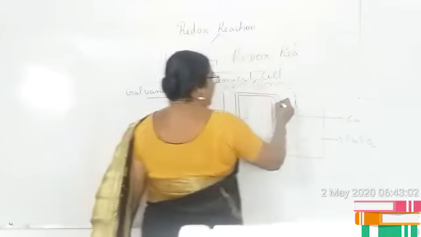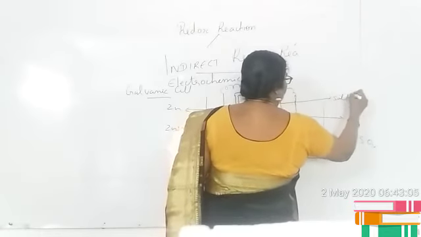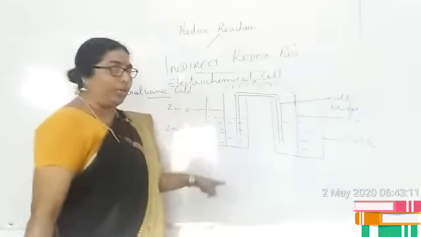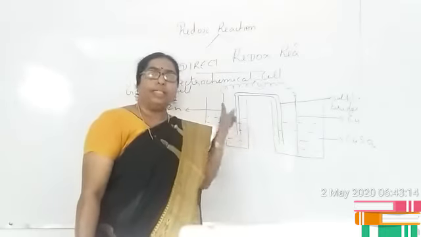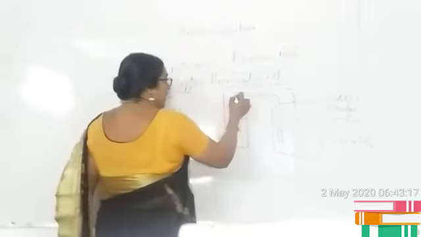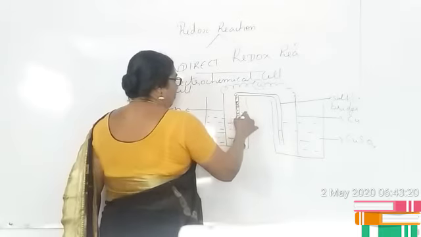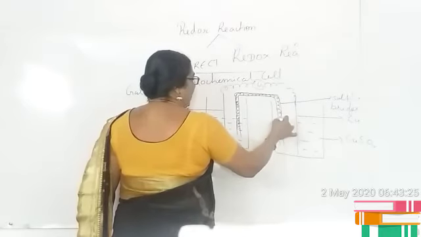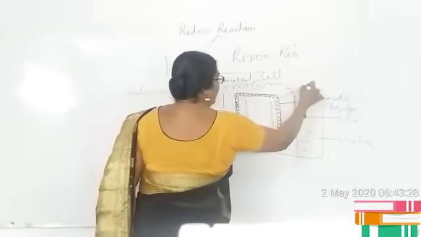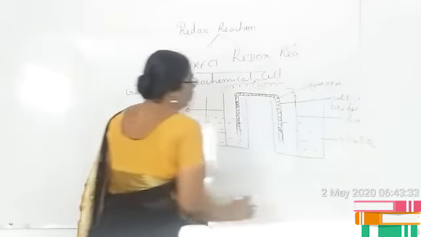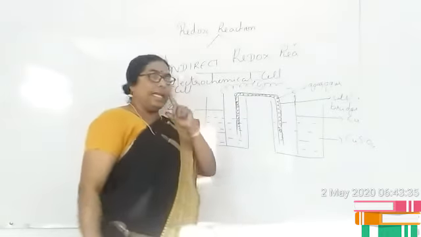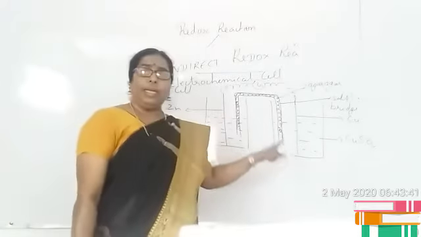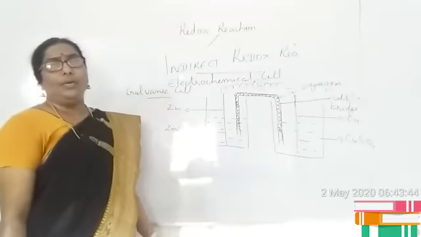And this U-shaped glass tube is termed as salt bridge. Here, this U-shaped glass tube is termed as salt bridge since it acts as a bridge and it contains salt. This glass tube is filled with a paste of any inert electrolyte, and in order to make them a paste, you are using either gelatin or you can use agar-agar. The salt bridge is filled with a paste of any inert electrolyte, like you can use potassium nitrate or potassium sulfate, which is made into a paste with the help of gelatin or agar-agar.